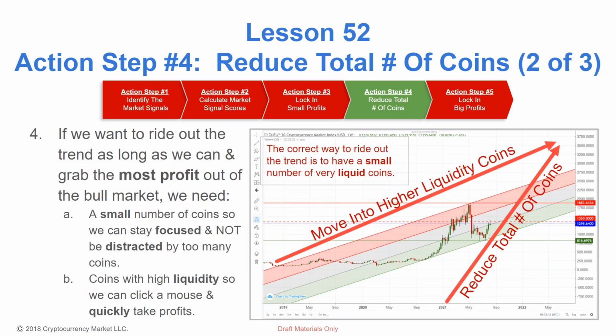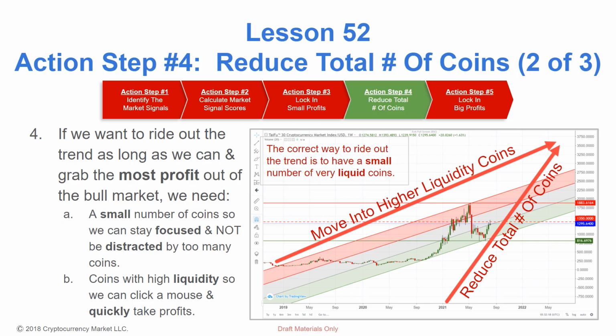If we want to ride out the trend as long as we can and grab the most profit out of the bull market, we need a small number of coins so we can stay focused and not be distracted by too many coins. We also need coins with high liquidity so we can click a mouse and quickly take profits and get out. So the correct way out of the trend is to have a small number of very liquid